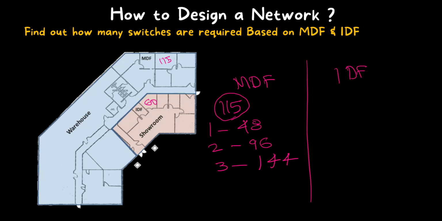And at the IDF side, the number of switch port requirements is 60. When we use a 48 port switch, we get 48 ports. So one switch is not enough because here we need 60. When we use 2 switches, we get a total of 96 switch ports and we need only 60. The remaining can be used as spare switch ports that we can use when we expand the network to the next level. So the final count: at MDF we need 3 network switches and at IDF we need 2 network